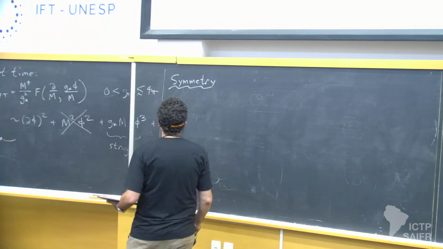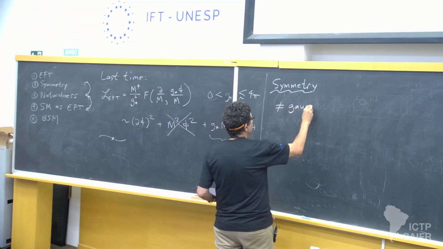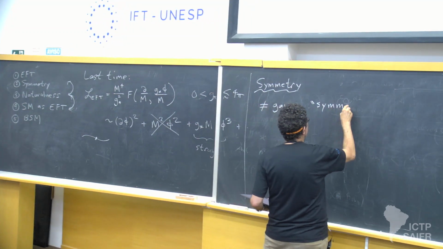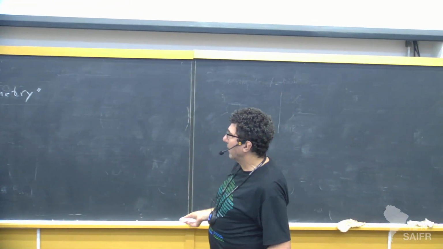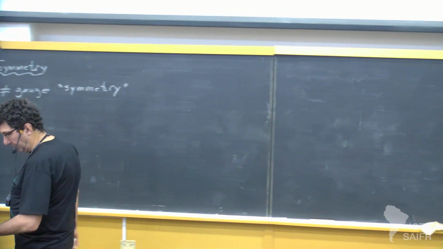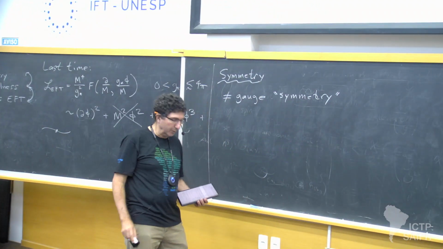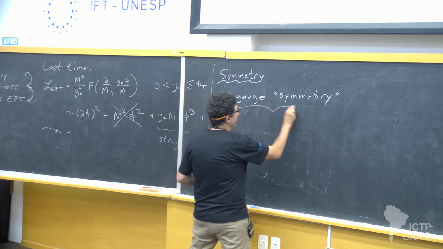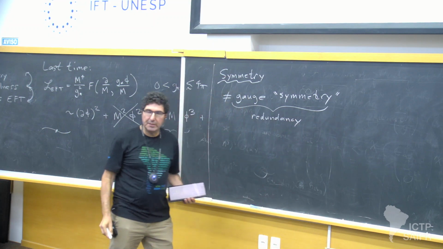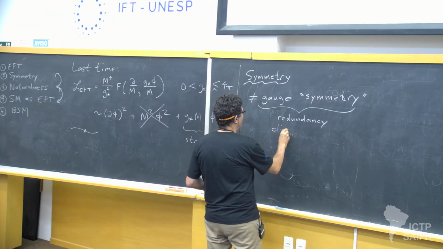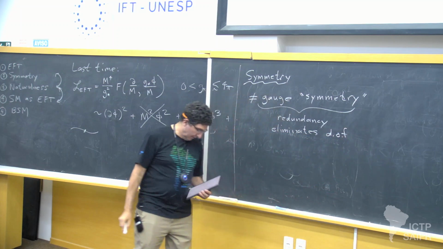So the first thing I want to do is distinguish symmetry from gauge symmetry. I want to talk a little bit about gauge symmetry, because very often what we say is that, for example, the standard model is invariant under a gauge symmetry, okay? The point is, what is a gauge symmetry, quote unquote? What it is is actually a redundancy whose purpose is to eliminate degrees of freedom. Okay? So, for example,